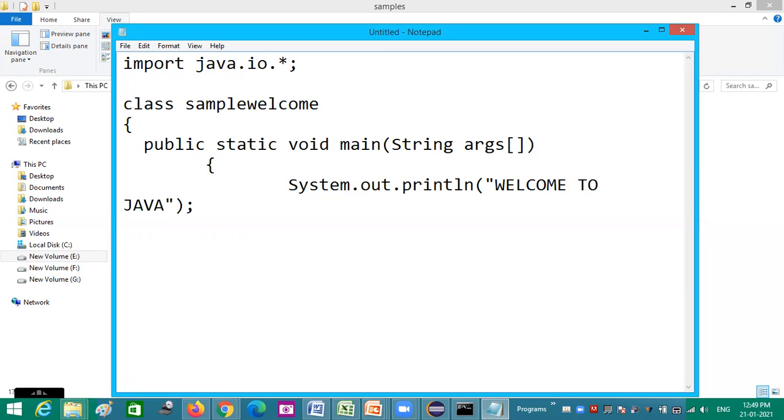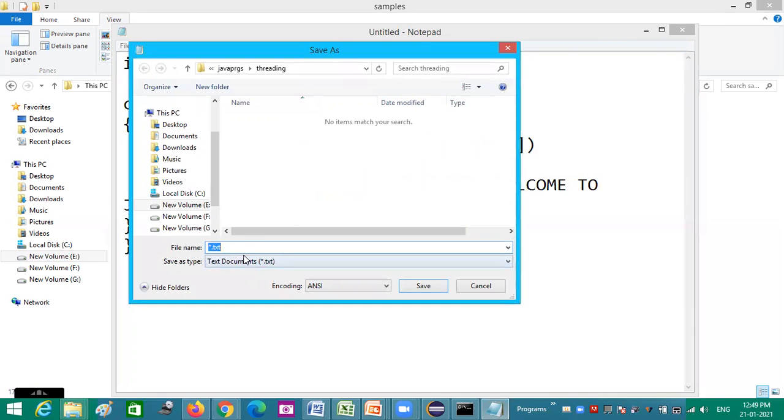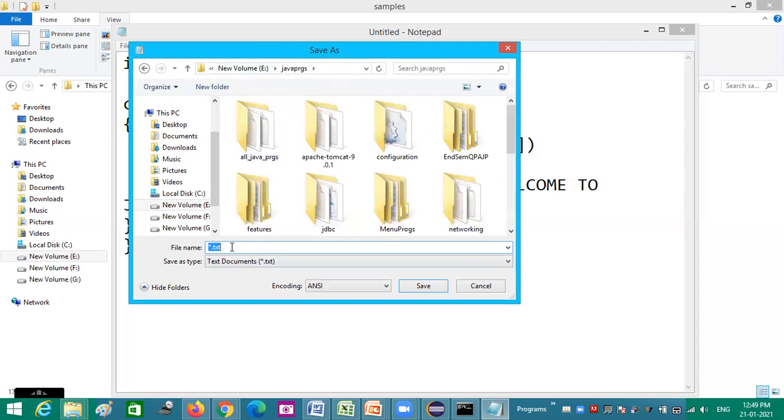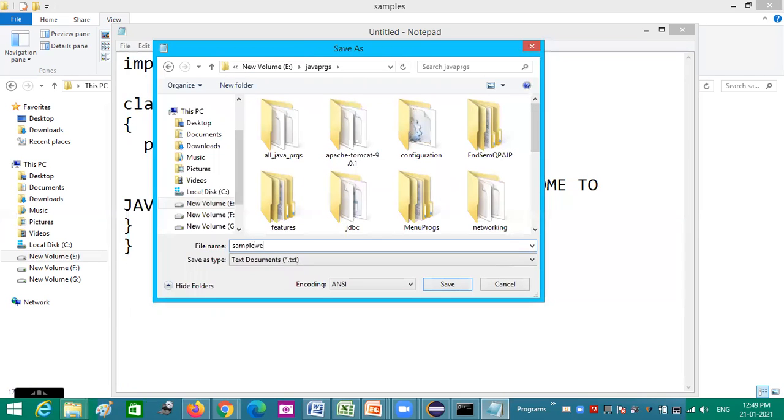Normally in any programming language, we first learn to print a welcome statement. So I am saving this under the Java programs folder. What is the class name I have given? SampleWelcome, so SampleWelcome.java.